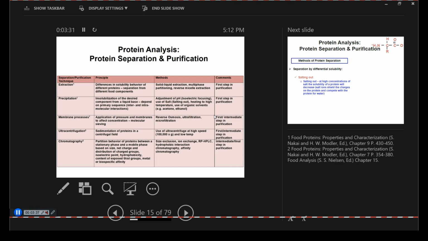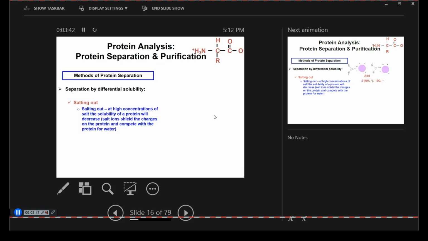So I want to further concentrate my protein. In order to further concentrate and separate it from other soluble components, I will precipitate it. Okay? So I want to precipitate only the protein, so I use a different type of salt at high concentration to precipitate the protein. How would that happen? If I have a protein that has a net positive charge at neutral pH, what I will do is add ammonium sulfate,